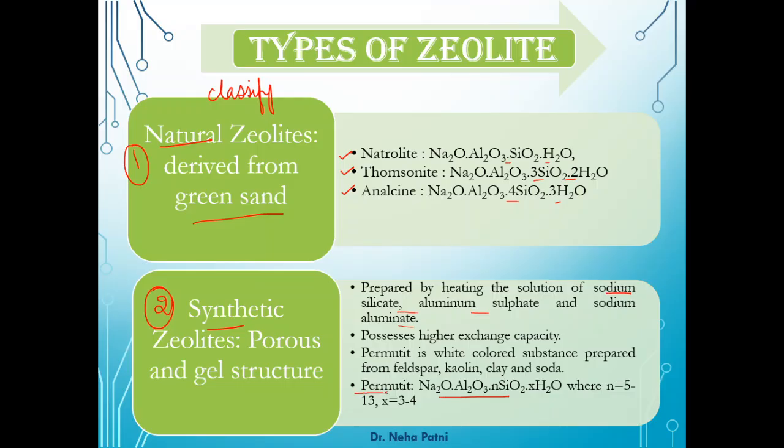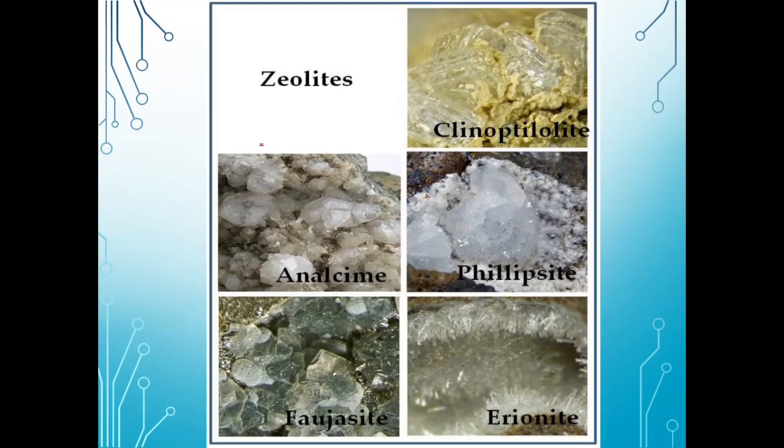Synthetic zeolite is also known as permutit, and that is why another name of this process is the zeolite or permutit process. Up till now what we have seen, it could be natural and it could be synthetic, and basically it is represented as Na2Z. However, it is sodium hydrated aluminosilicate. So this is nothing but the pictures of zeolite available.